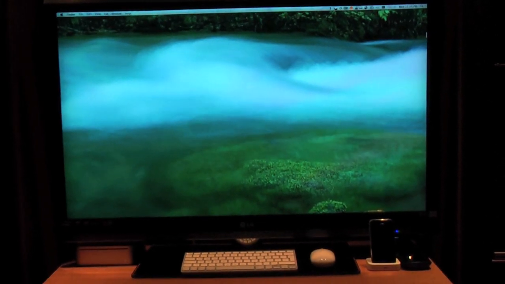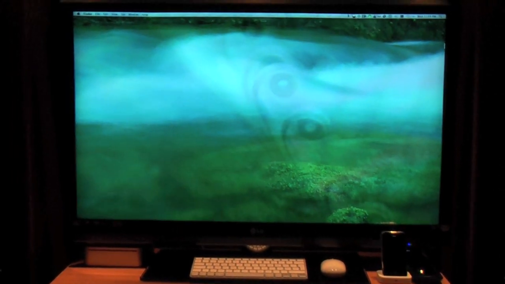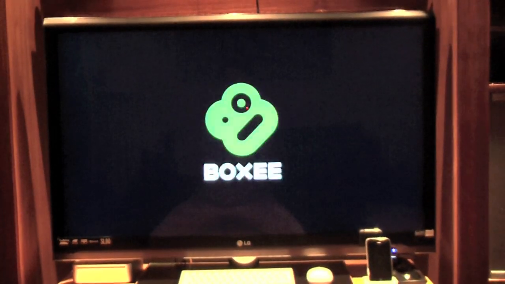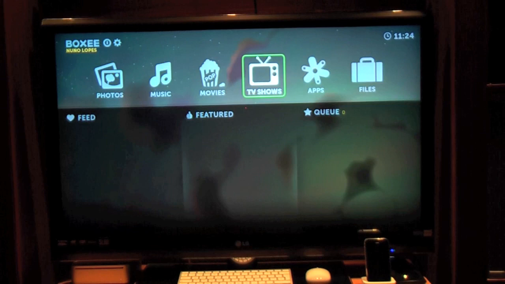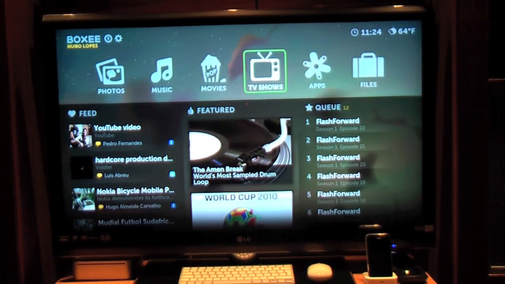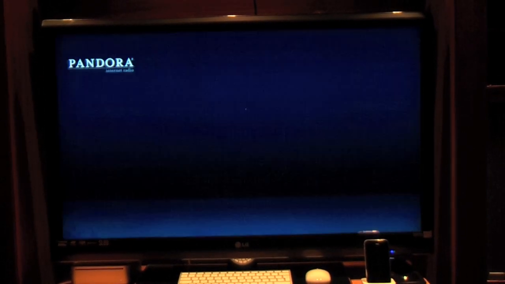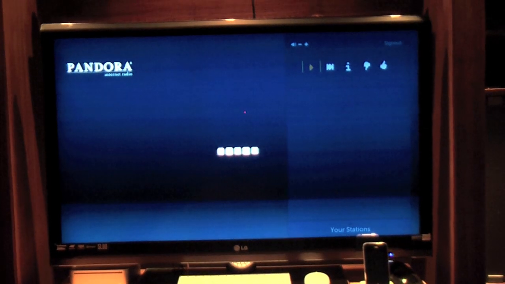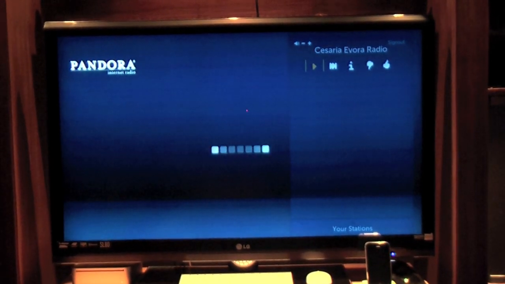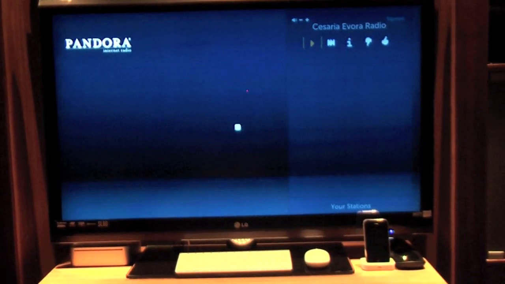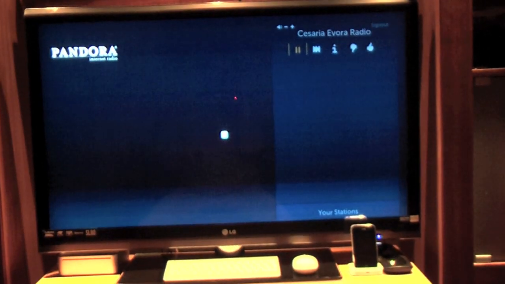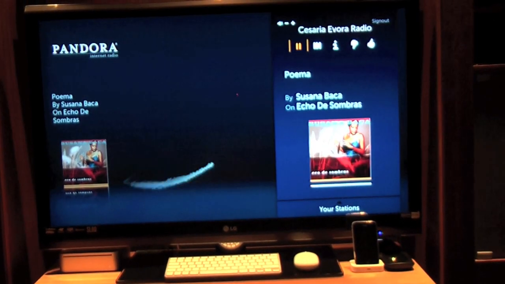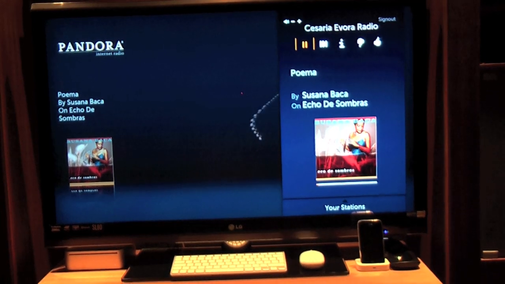I will explain what this establishing link is all about. And there we go. Welcome to the Pandora radio station. So this is good. You'll be able to do this, jumping between features that are inside of different applications